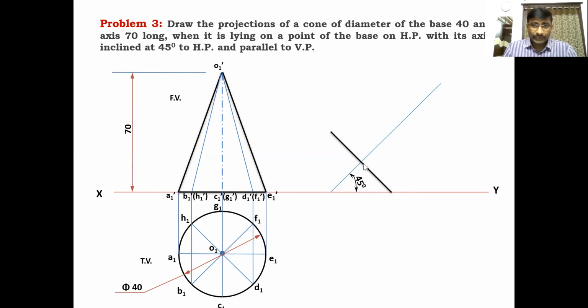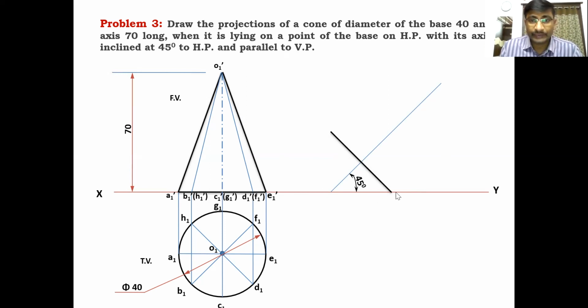The diameter of the circle is 40 mm. So locate that center line. Draw the center line. Draw a perpendicular line in such a way that one of the base points is on XY. From that base point to the center line is 20 mm and the remaining is 20 mm. Like this, you have to draw the baseline. Clear? First the axis line, draw a perpendicular to the axis line. That perpendicular line must touch the XY line. That perpendicular line must be 40 mm in length. Clear? Like this, you have to draw the baseline.